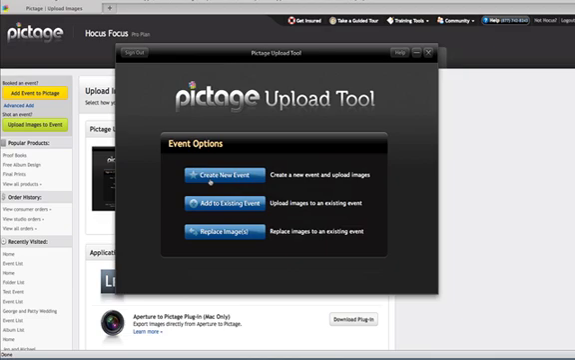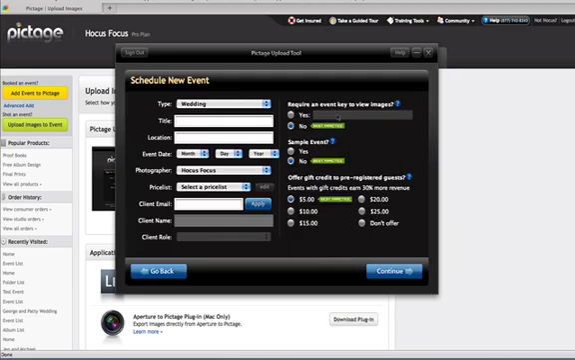We can either create a new event, or if you've already added your event to Pictage, you would select Add to Existing Event. That's if you've already scheduled the event. And here we're going to walk through if we created it as a new event. But if you've already done what we were just showing and added an event to Pictage, you could just click on Add Existing Event. So in here we can add our wedding, we can put in our information,